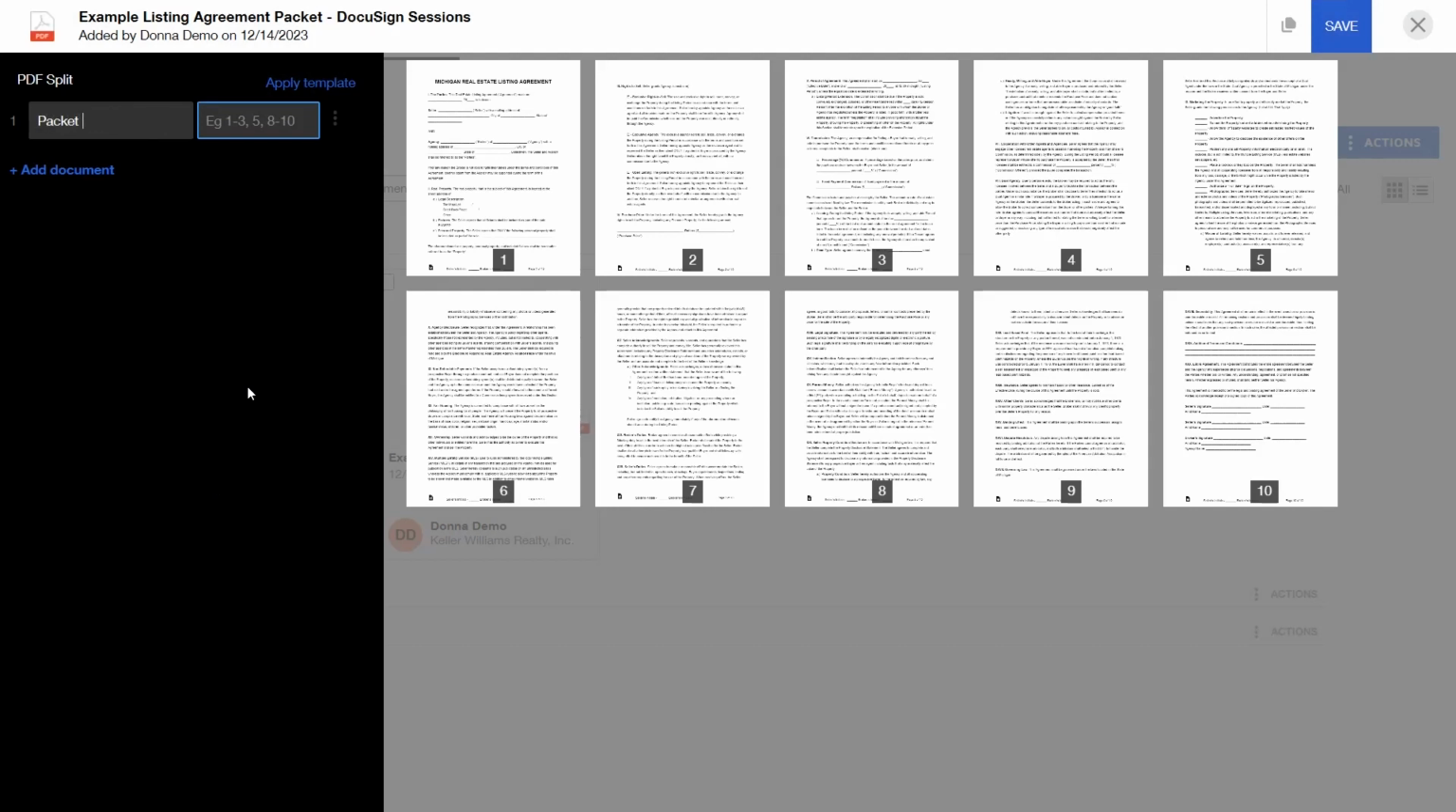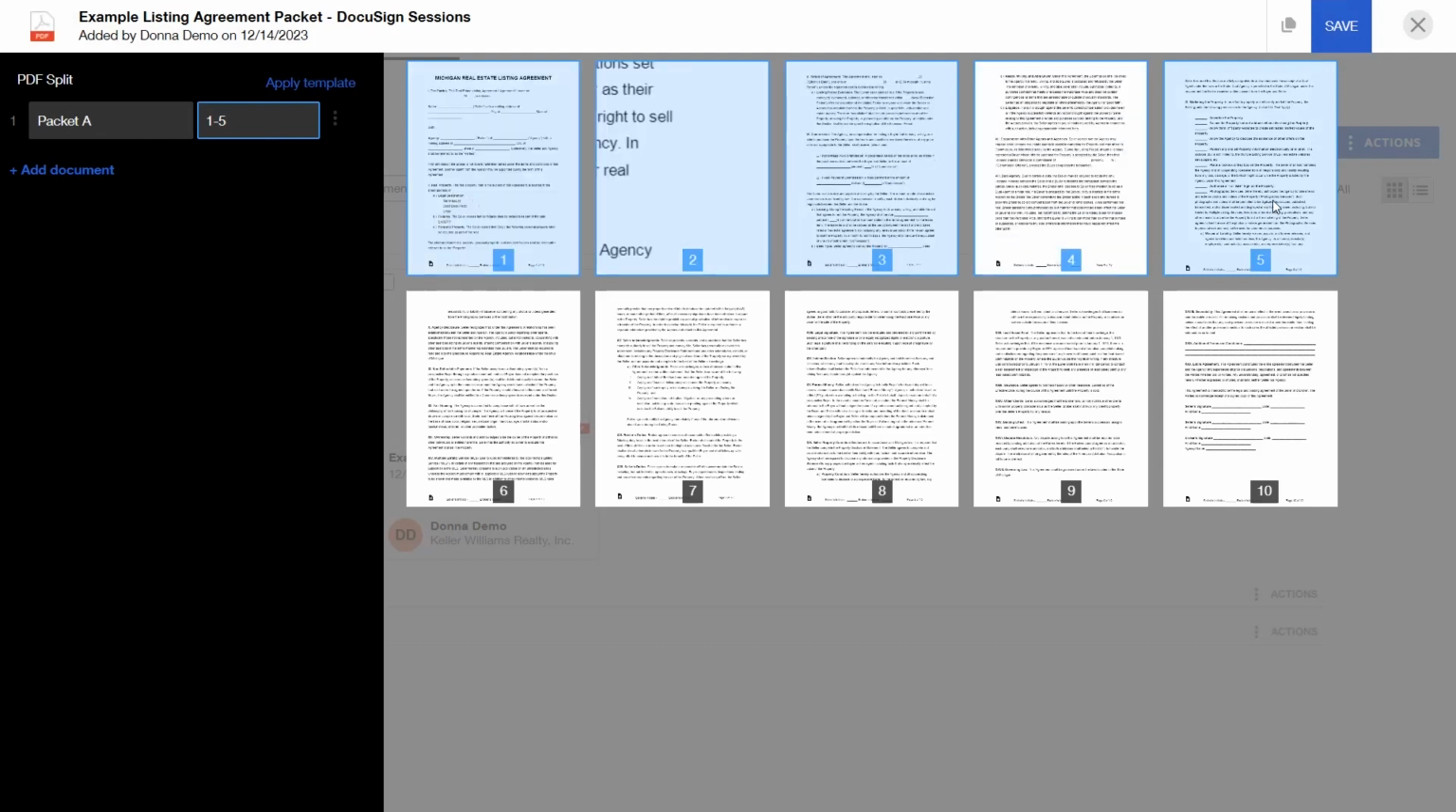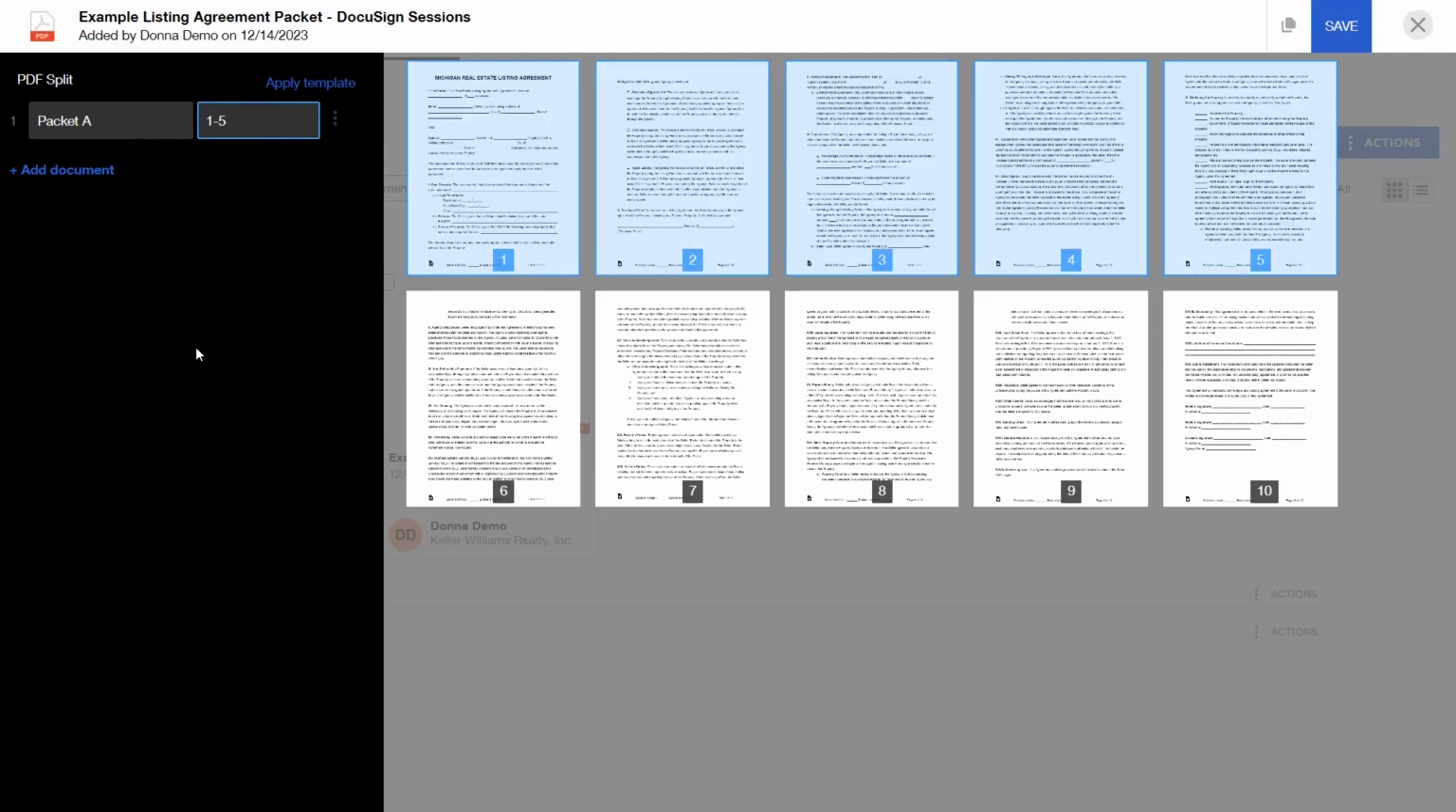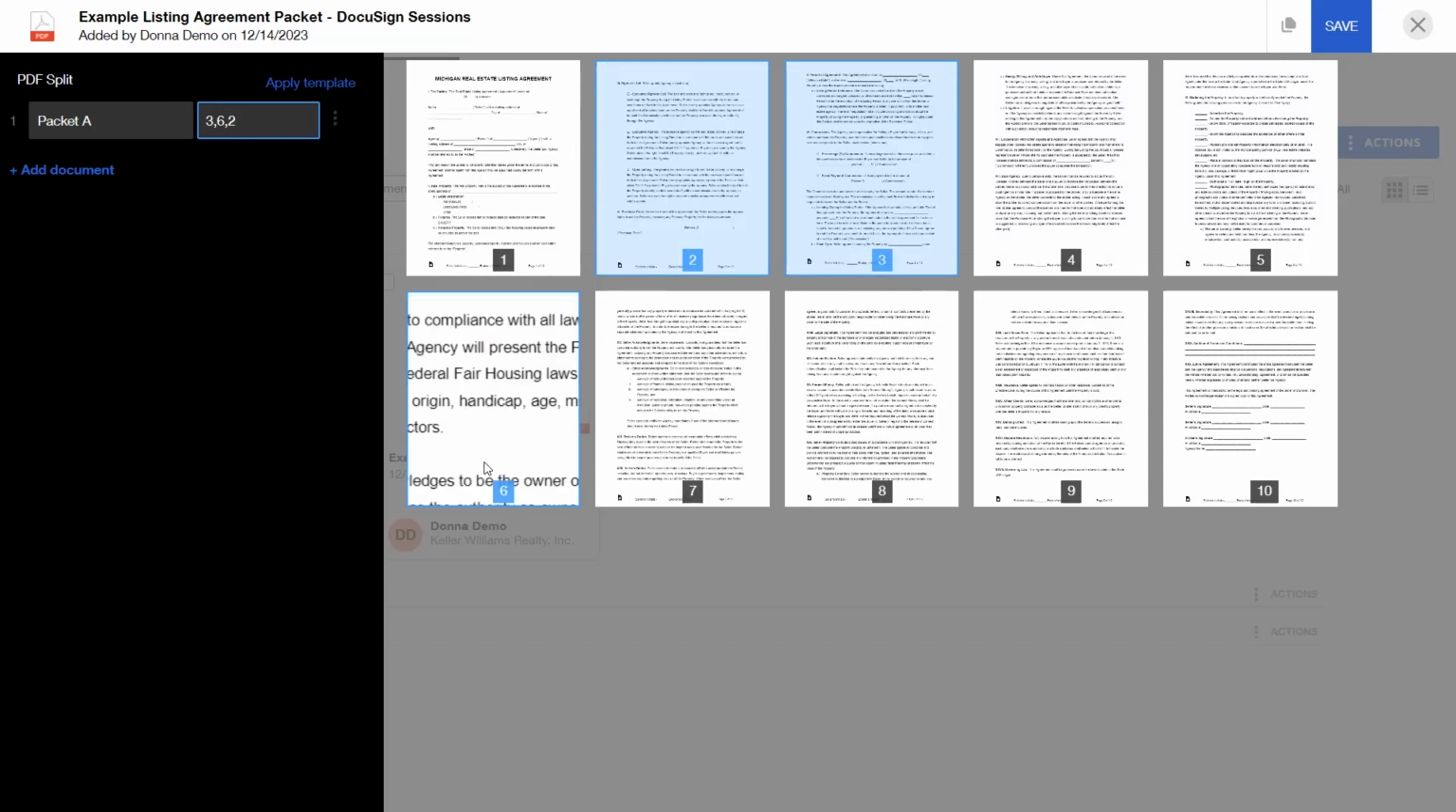Let's just say this is packet A here, and I can go ahead and say, hey, I want pages 1 through 5. Once I plug that in, it will highlight those pages on the right-hand side and put this in numerical order. But what if I need them out of order? Maybe I need page 3, then page 6, then page 2. I can manually type that in. It's going to highlight those pages on the right-hand side, and this packet will have these pages in the order